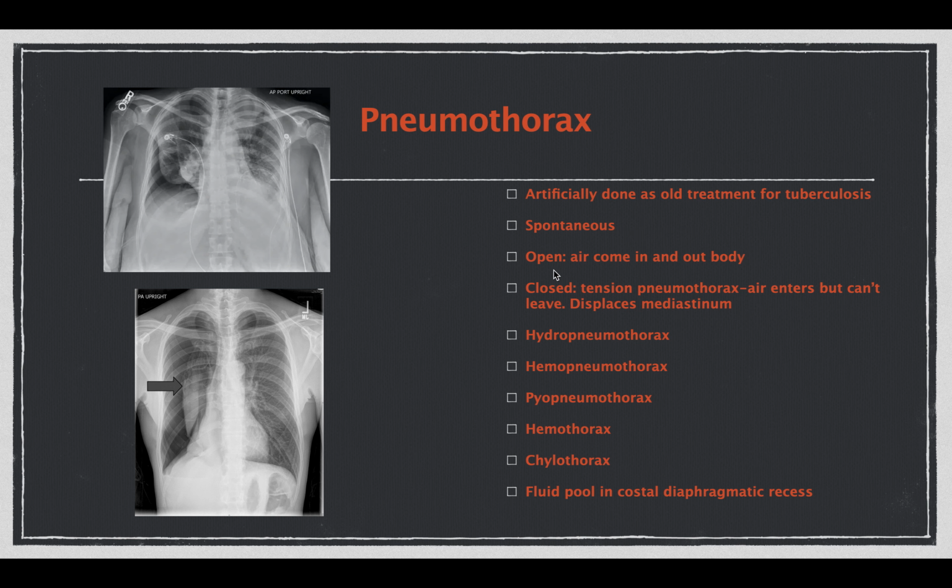And there's a couple different types. Open, usually that's because of a trauma, like a stab wound or something very sharp has penetrated the lungs. And air will come in and out of the body. And closed pneumothorax, also known as a tension pneumothorax, air will enter, but it can't leave, so there's going to be increased pressure, and there's going to be displacement of the mediastinum, a pretty significant displacement as well. And as you can see here, here's the collapsed lung,